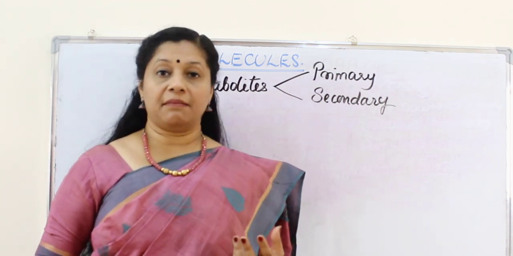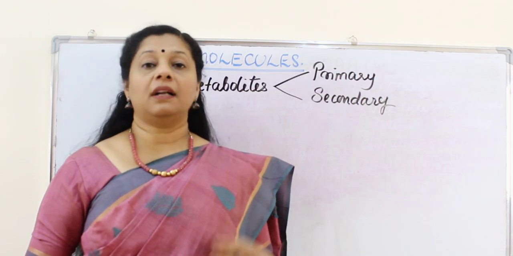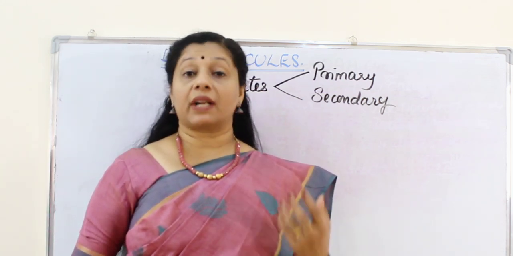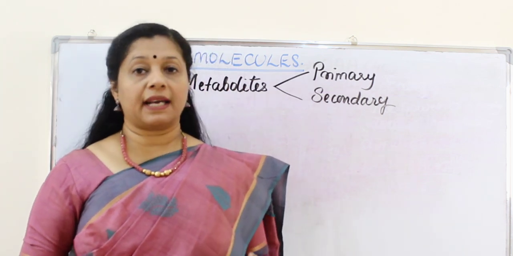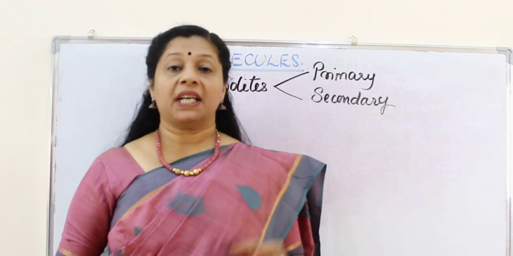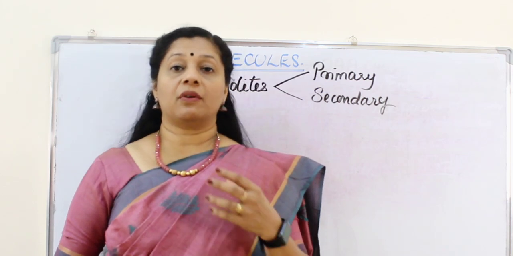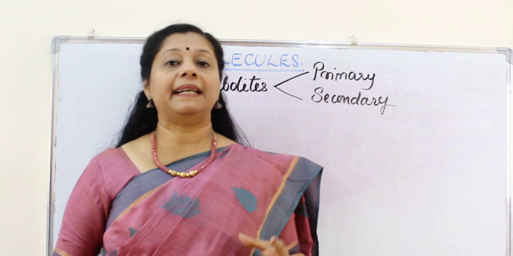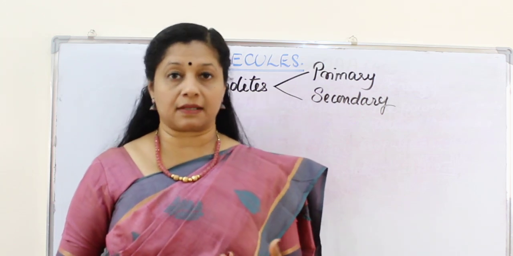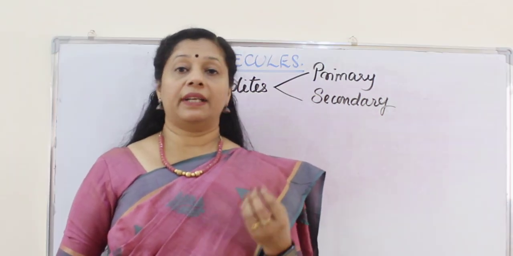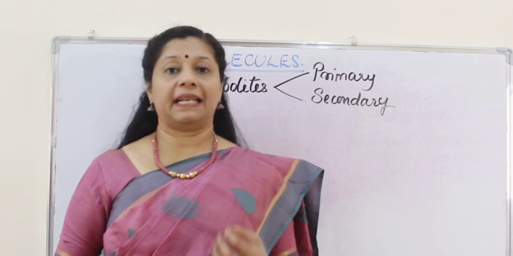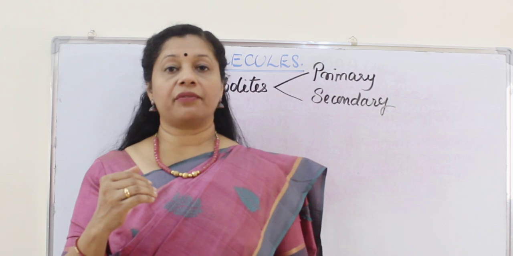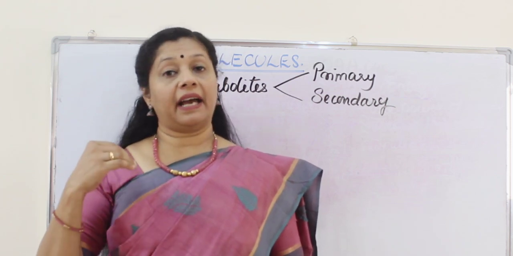Usually in case of animals and in case of plants as well, direct metabolic reactions will result in certain organic compounds like proteins, nucleic acids, carbohydrates, etc. These products all have very specific functions in the physiology of the body or the maintenance of the body. That means our life processes. For example, they are directly involved in reproduction, growth, development, etc. So they are called primary metabolites, which are the products of the metabolic reactions, and they have definite roles in